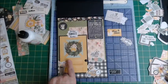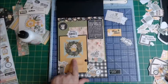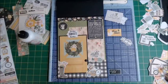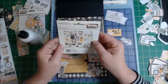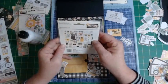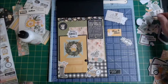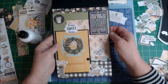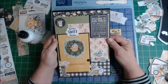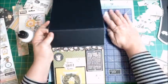Excuse me, you know it'd be really cute here if they had made a tiny little welcome. That would have been really cute to put on your door. But I don't see one. And that's my cover. For the spine piece,